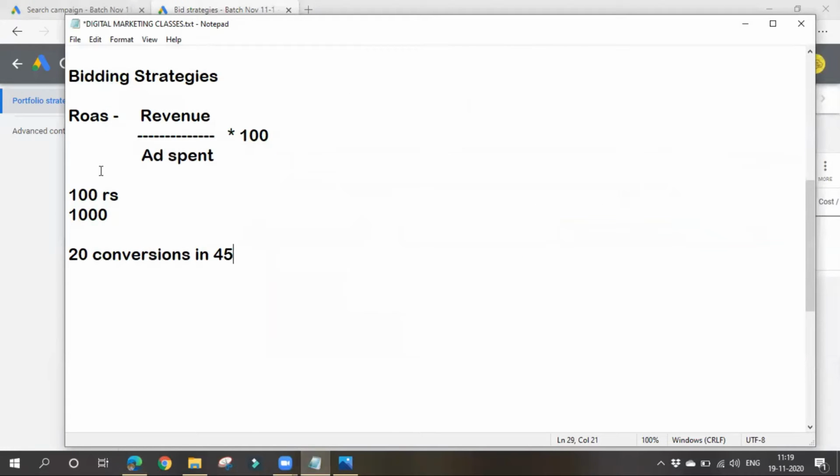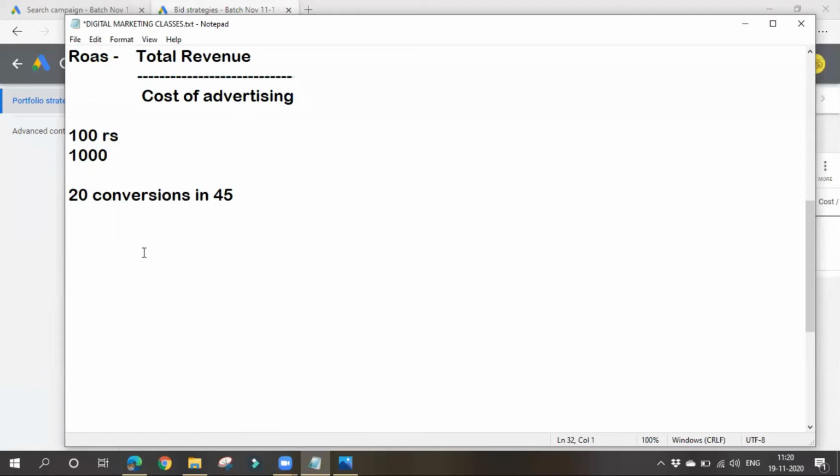Or else, in a simple way, we can say total revenue means total amount you got, by the cost of advertising, how much you incurred, how much you spent on advertising. This is known as return on ad spend. Again I'll repeat: how much amount you'll be receiving for every amount you spend on advertising, how much you spend for advertising, and in return how much you got from that advertising. It's known as return on ad spend.